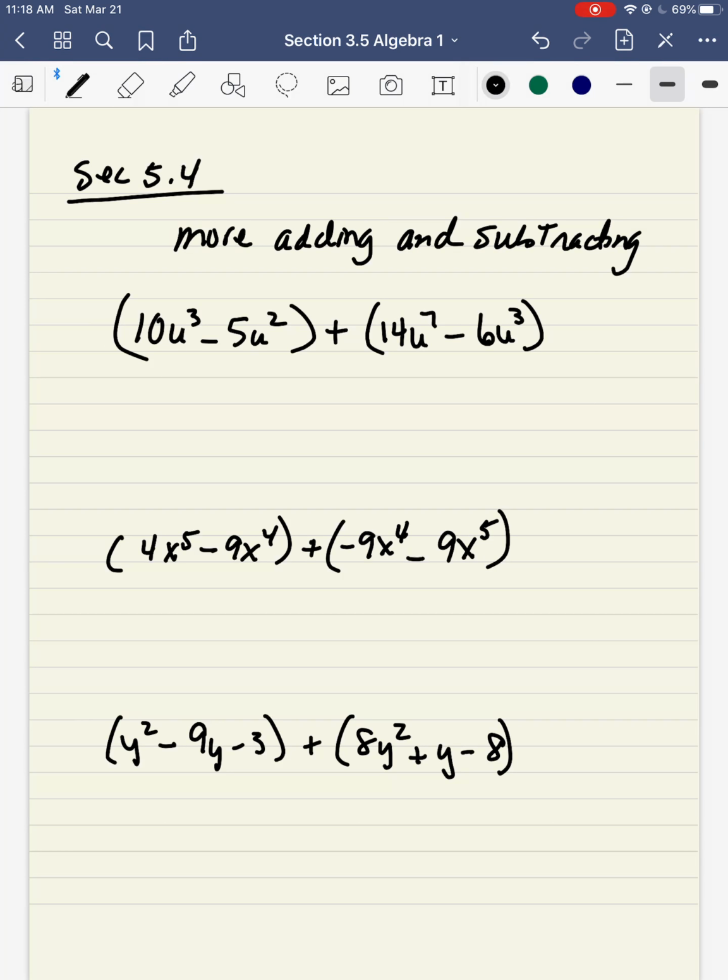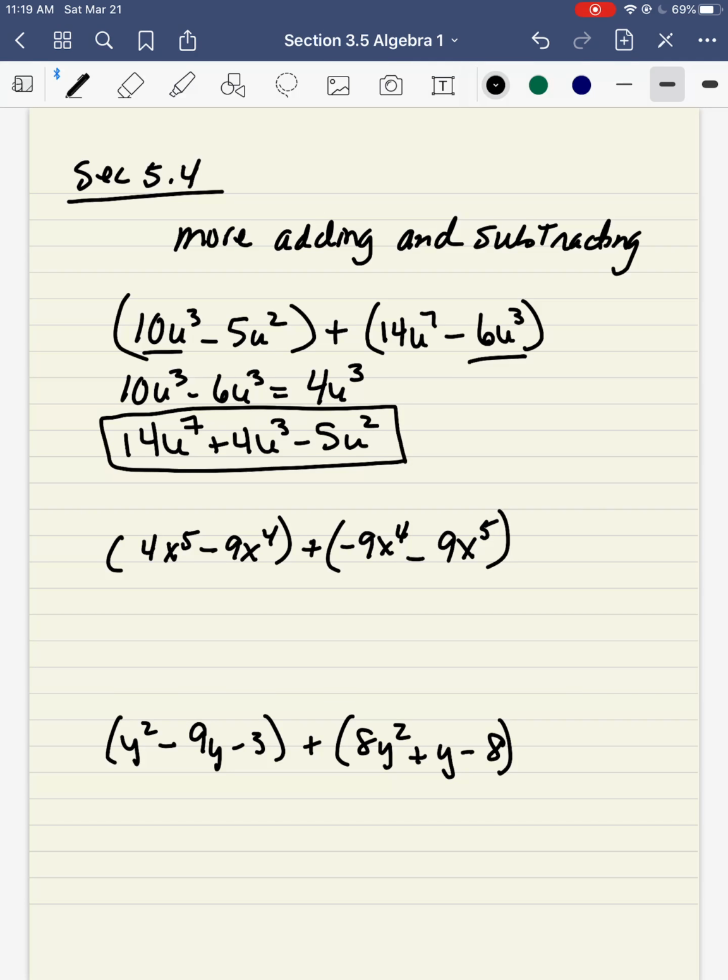You'll notice that these are all mixed up, but you only want to combine the ones that are the same. So when you're looking at this, only the u cubeds are the same. So I have a 10u^3 minus a 6u^3, that's a 4u^3. The minus 5u squared and 14u to the 7 cannot combine because they're not the same. But when you write it, you must put the highest exponent first. So 14u^7 plus 4u^3 minus 5u^2 would be the correct answer